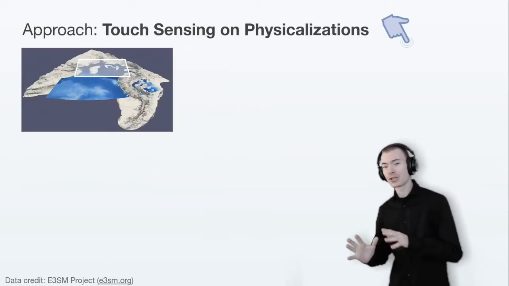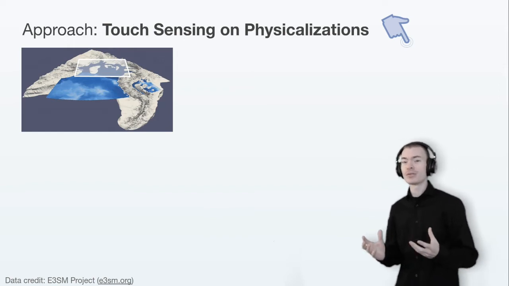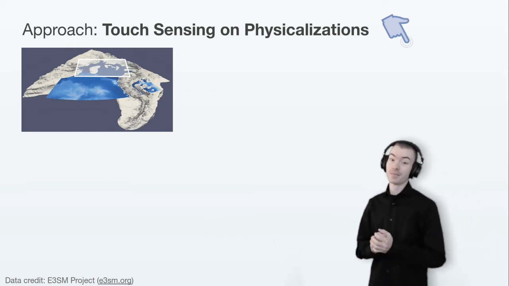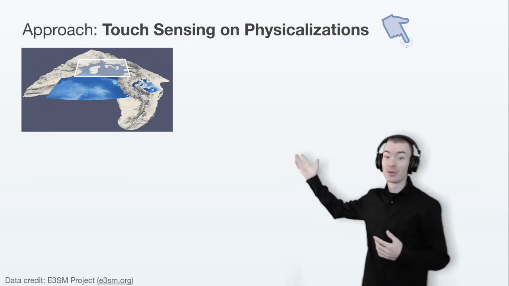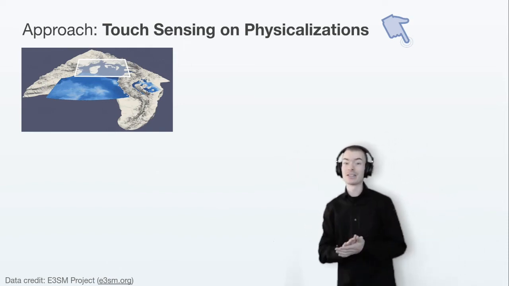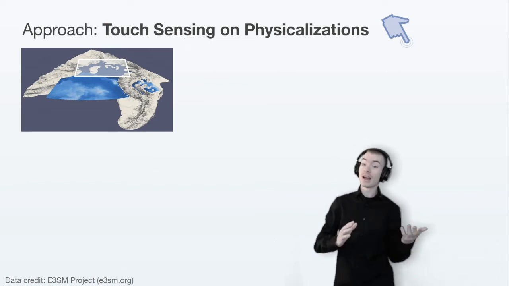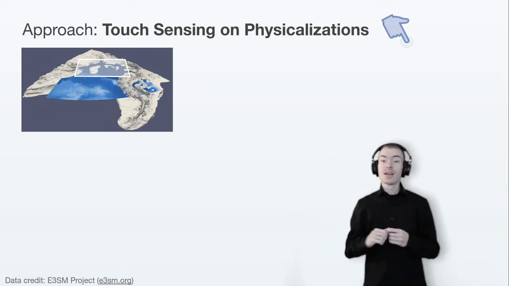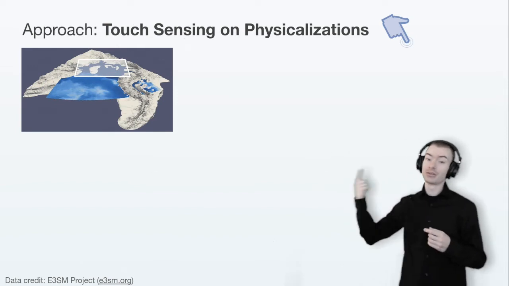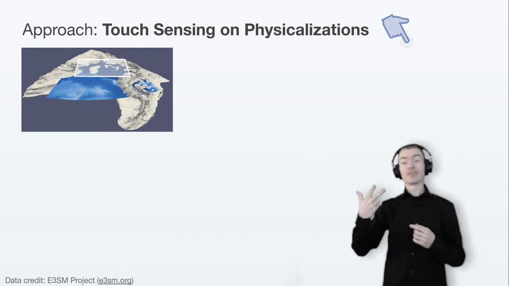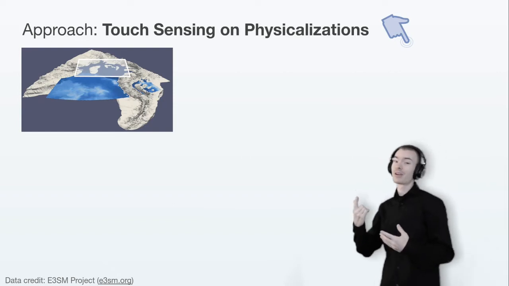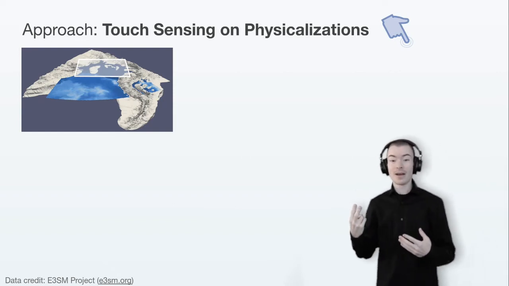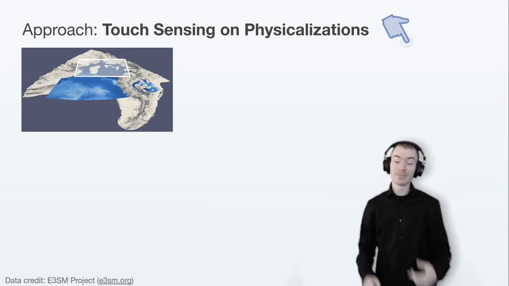To address the other challenge of touch sensing, we introduce touch through the physicalization. We start with our original data, and in this example, it's volumetric 3D time-varying data from supercomputer simulations and remote sensing. This portion of the data in particular includes ice, water, and terrain from the Filchner-Ronne ice shelf in the Antarctic, and contains variables like temperature, velocity of the currents, and salinity.